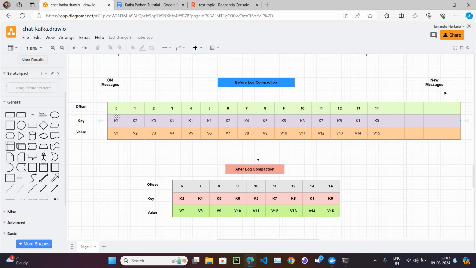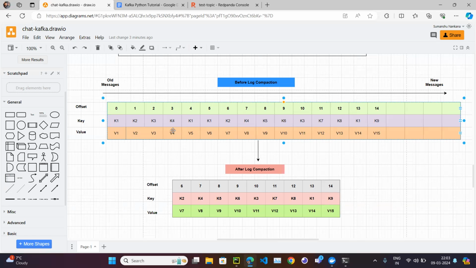So after log compaction, K1 is published, K2, K3, K4, K1, K1, then K2, right? So K2 on offset number 6 has been published, but after that K2 is not published. So K2 is the latest key, with value V7. So after log compaction, this is going to become... in the topic earlier K2 message, the message on offset number 1, is going to be deleted. So K4 is there. K4 on offset number 7 is going to remain in the topic,